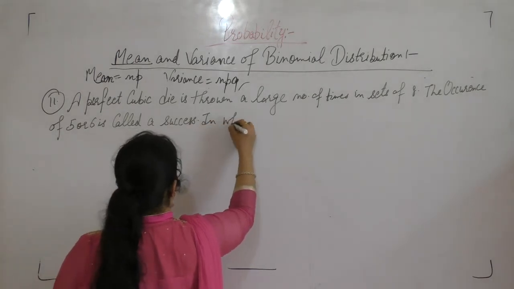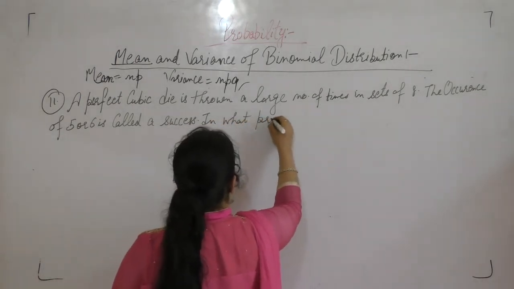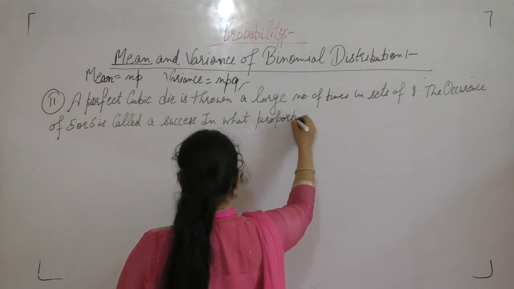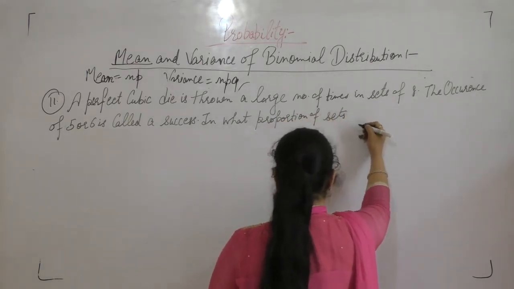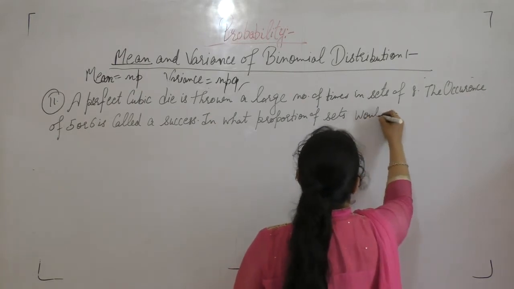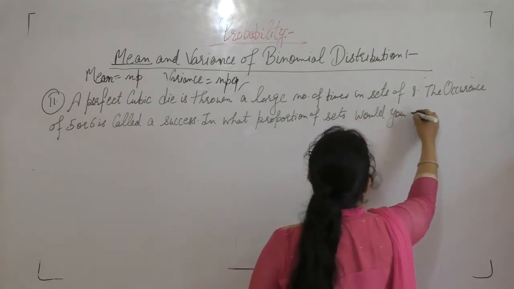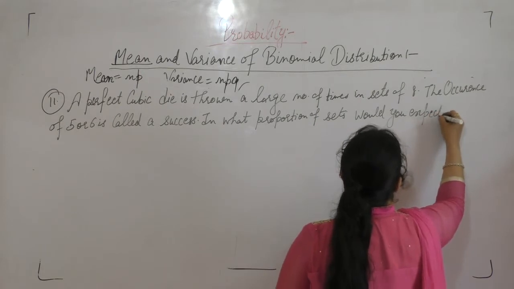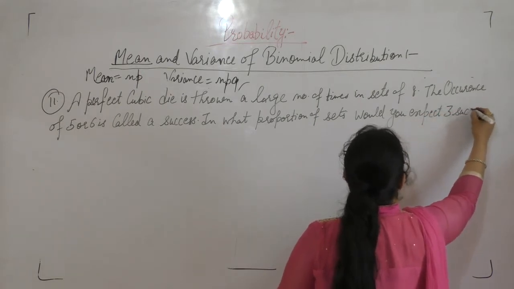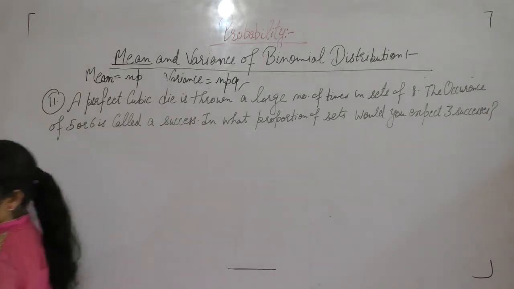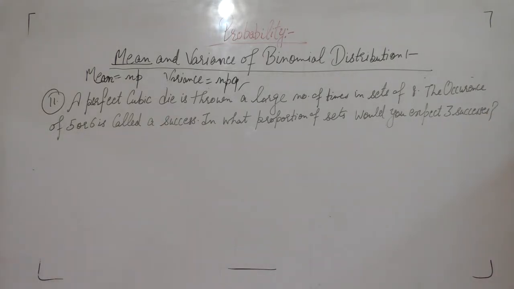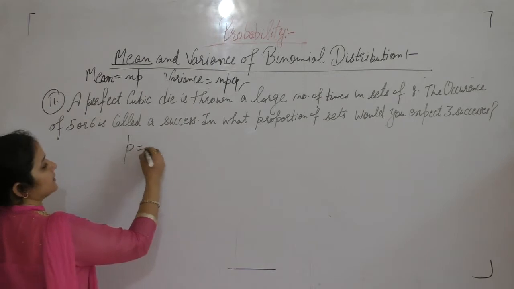In what proportion of sets would you expect 3 successes? A perfect cubic die is thrown. Probability of getting a 5 or 6